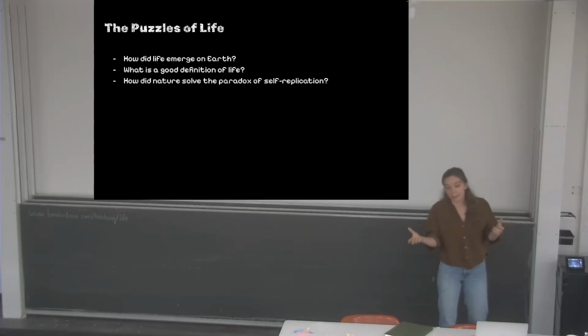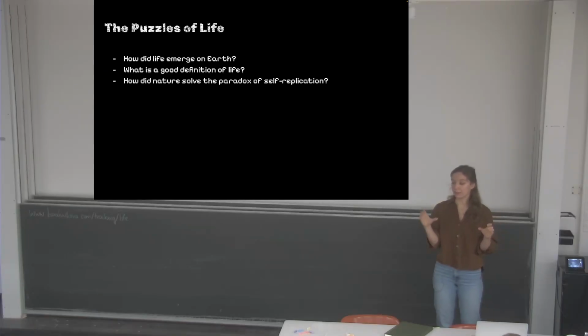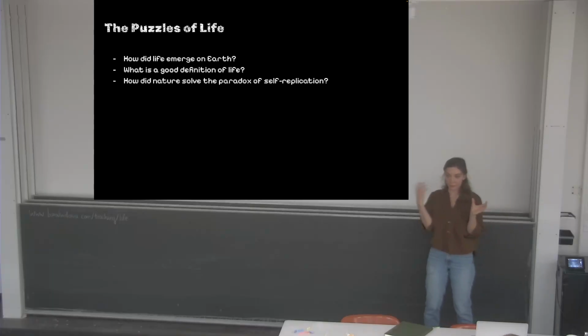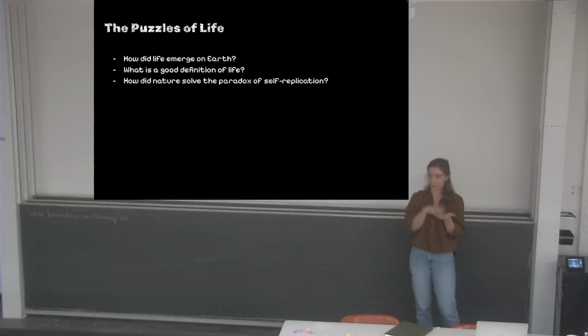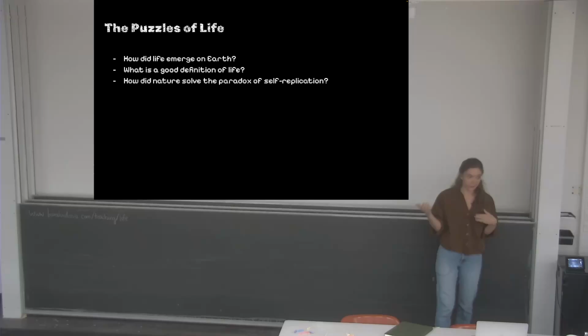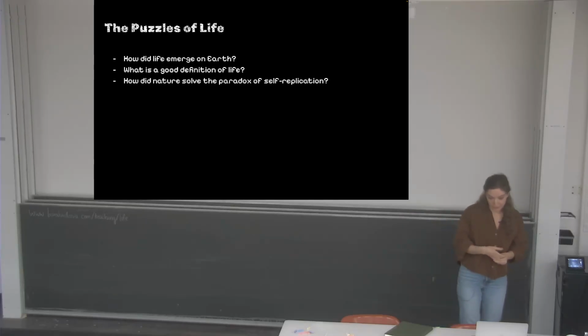And indeed, it seems like if a machine A was supposed to build a machine B, then machine A has to have complete information about B. And on top of it, it has to have some mechanisms that are able to interpret that information. So it seems like A has to be inherently more complex than B. So how is it possible that we are able to self-replicate?